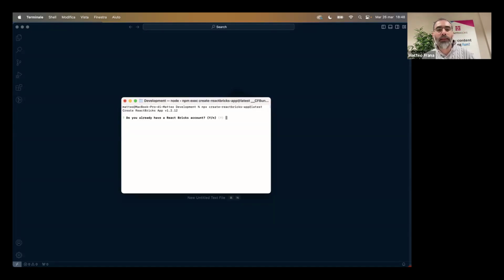Now the CLI starts and asks us if we have a React Bricks account. You can very quickly create a free account on the React Bricks website. Now I already have an account, so